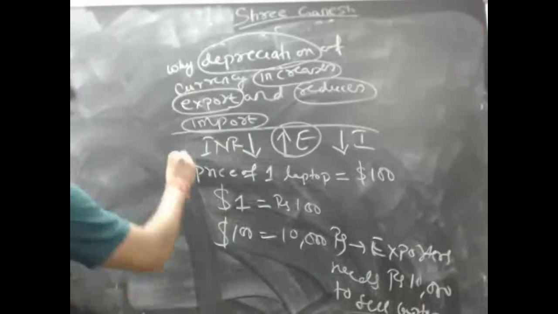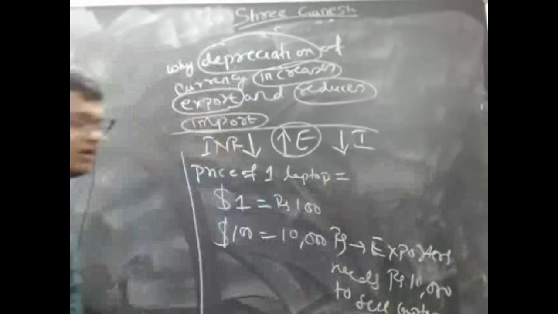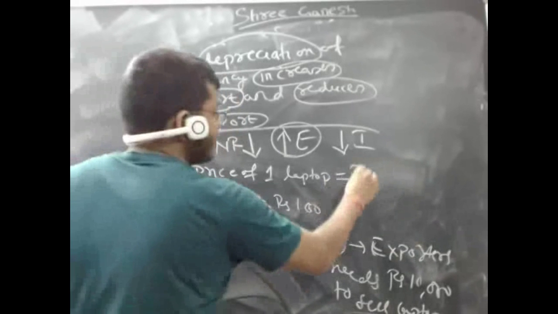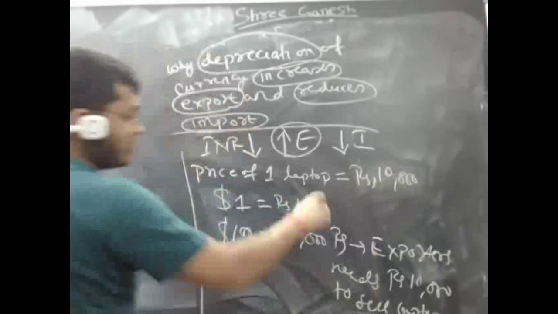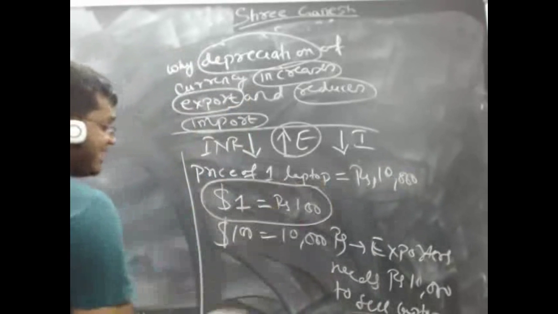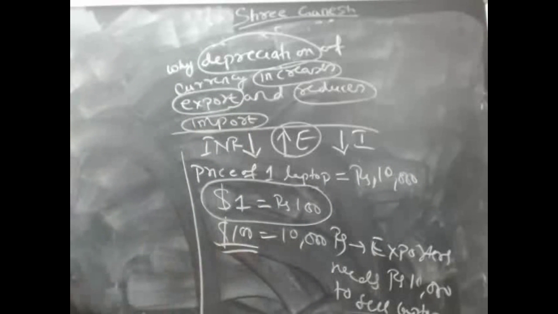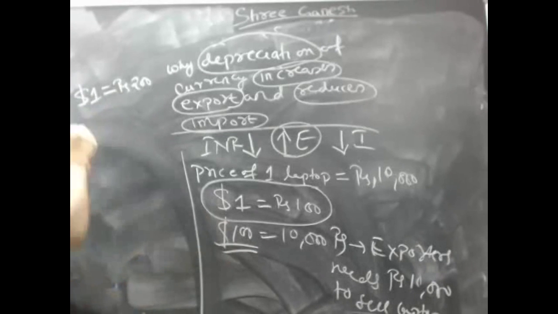Fine. Now take another situation, or you can do one thing here. Instead of this, you can write like this, that price of one laptop is equal to rupees 10,000. So in order to sell this laptop for 10,000 at $1 is equal to rupees 100 exchange rate, this exporter needs $100. Now what will happen? Suppose $1 is equal to rupees 200. Okay. So if $1 is equal to rupees 200, then also this exporter will need 10,000 only, because this exporter